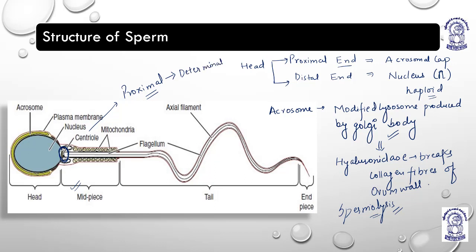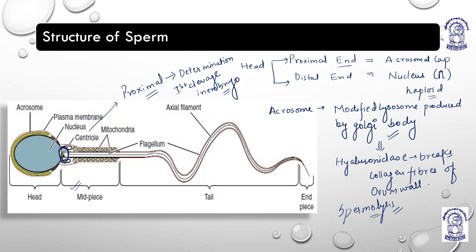During first cleavage, as soon as the zygote is formed, the zygote is trying to convert into an embryo. So this first cleavage in the embryo basically starts with the help of the proximal centriole. Okay,